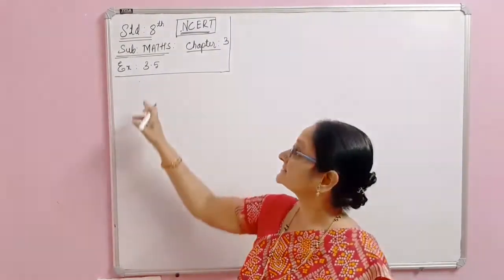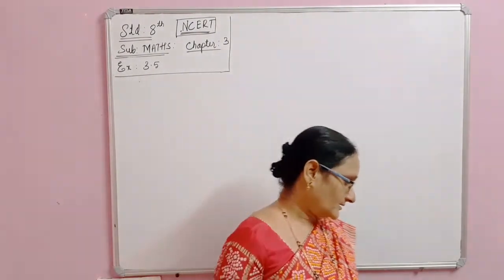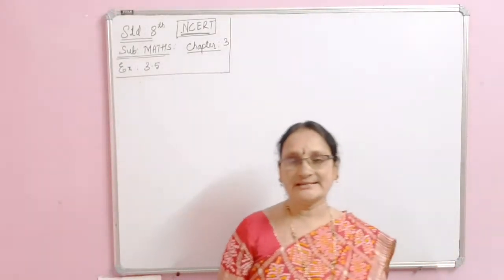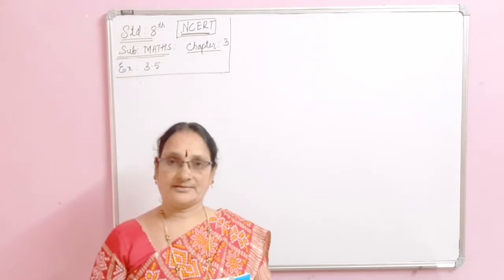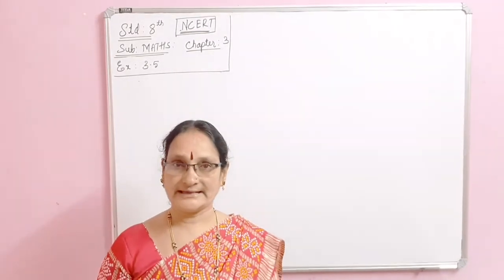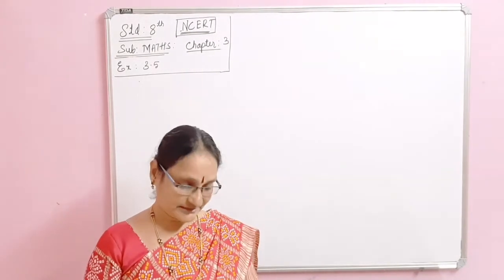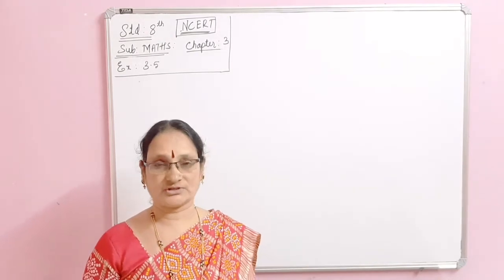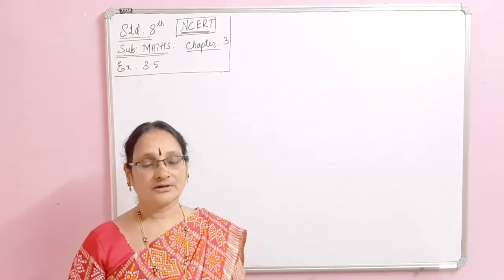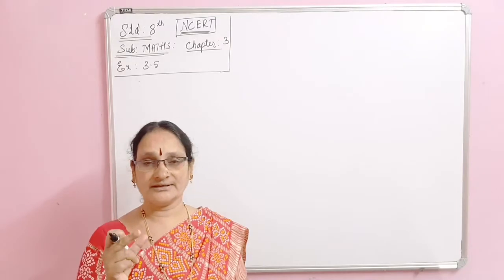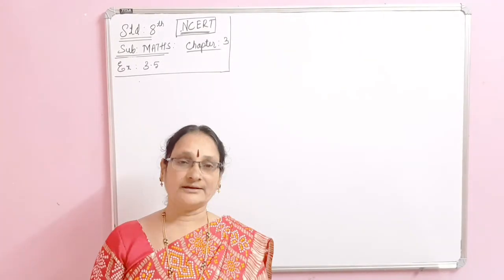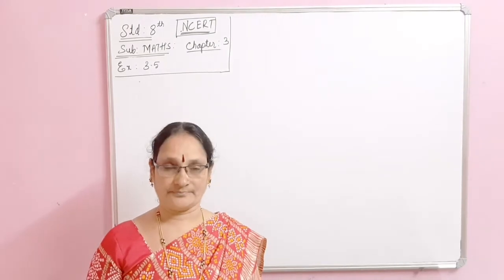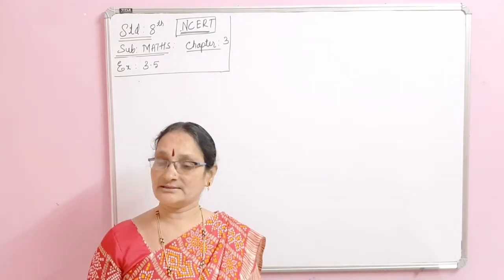Solve the exercise 3.5. This exercise 3.5 is about reducing equations to simpler form. Here I am going to solve the exercise directly. I am writing the questions also, no need to display the questions here. Small questions are there, so I am writing the questions and even the solution. Here we are just reducing the equation to the simpler form, or we are finding the value of x.